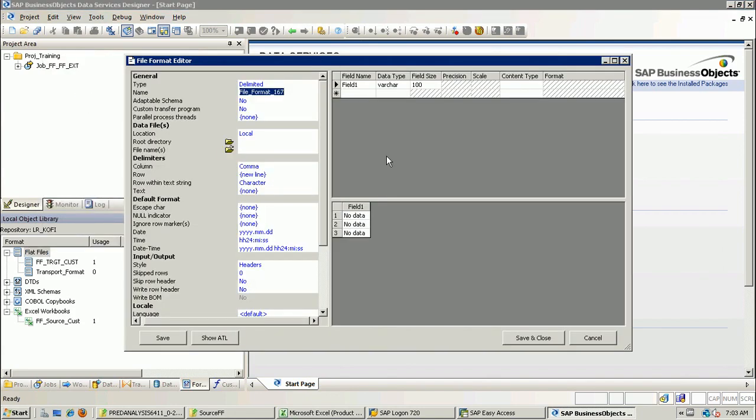So here the flat file or file format editor will open, where you need to give the file name first, ff underscore customer, then you have something like adaptable schema. So if the schema, meaning the structure of the flat file, is not proper, meaning there are 100 columns and by some typo or some copy and paste error,